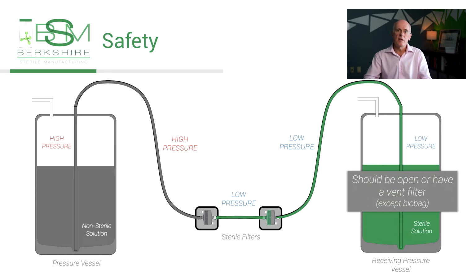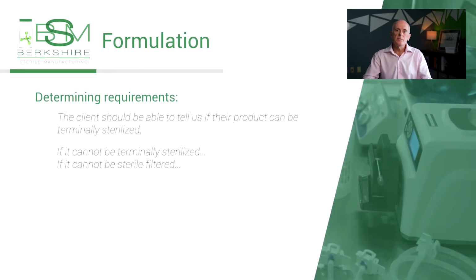If using an inflatable container such as a bio bag, a vent filter may not be necessary. As mentioned earlier, however, if you use a pressure above the bubble point of the filter, product flow should be stopped before the gas reaches the filter. For viscous products that cannot be sterile filtered or terminally sterilized, they may need to be aseptically formulated. In these cases, the viscosity-enabling ingredients are generally gamma or electron beam sterilized and aseptically formulated with liquid products being